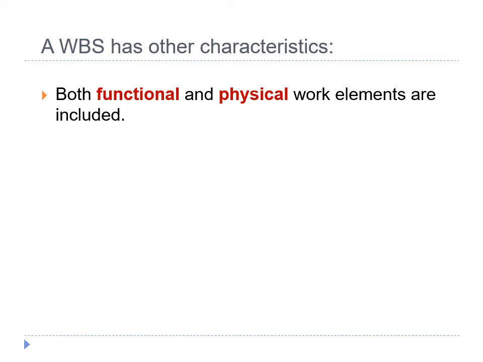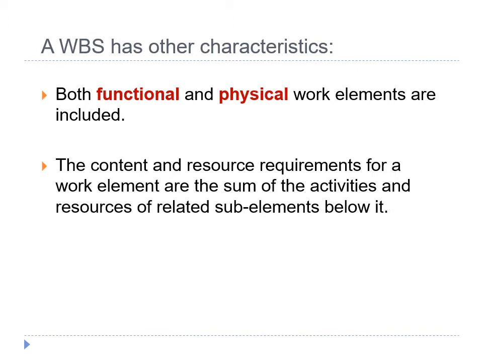Examples of functional work elements are logistical support, project management, marketing, engineering, and system integration. And physical work elements, on the other hand, are the parts that make up a structure, product, piece of equipment, or similar item. They require labor, materials, and other resources to produce or construct. The content and resource requirements for a work element are the sum of the activities and resources of related sub-elements